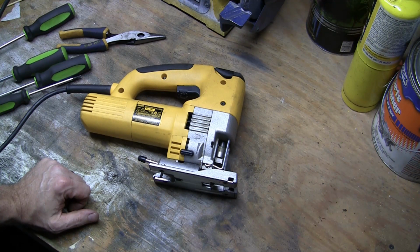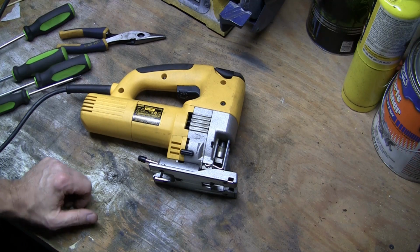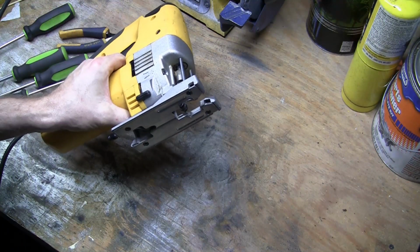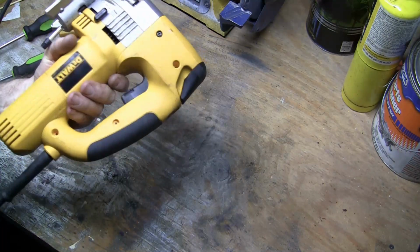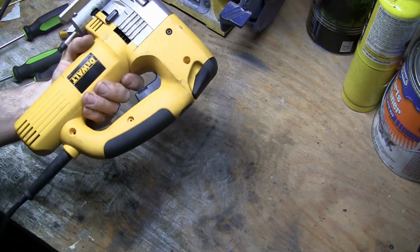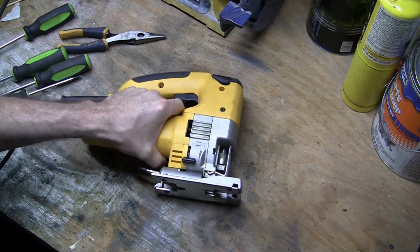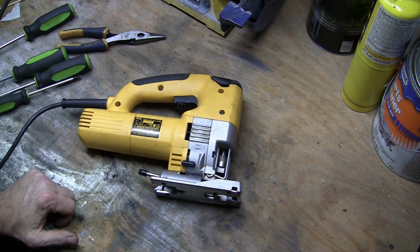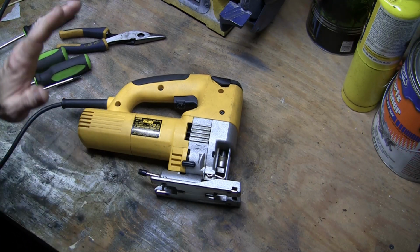I don't know, parts might be becoming an issue for it. I did try and find parts before I opened this up, just out of curiosity to see what it looked like inside and everything, and a lot of the parts seem to be discontinued. I'm not precisely sure how old this thing is. I don't see a date on the label, but anyway,